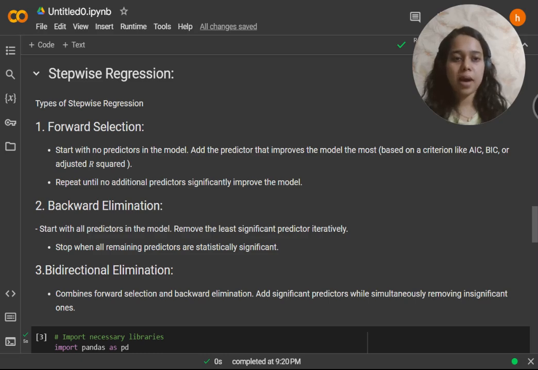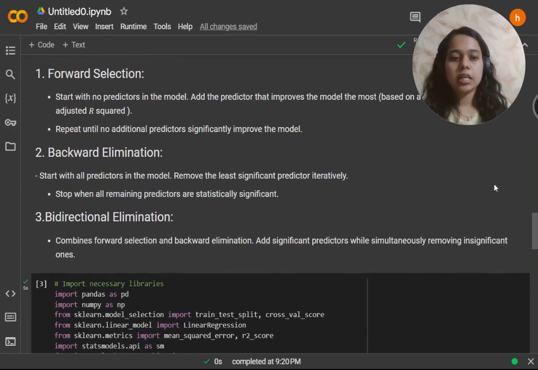Next on, we have backward elimination that starts with all predictors and removes the least significant predictor iteratively. It stops when all the remaining predictors are significant. And last, we have a combination of forward and backward selection that is known as bidirectional elimination. It adds significant predictors while simultaneously removing insignificant ones.